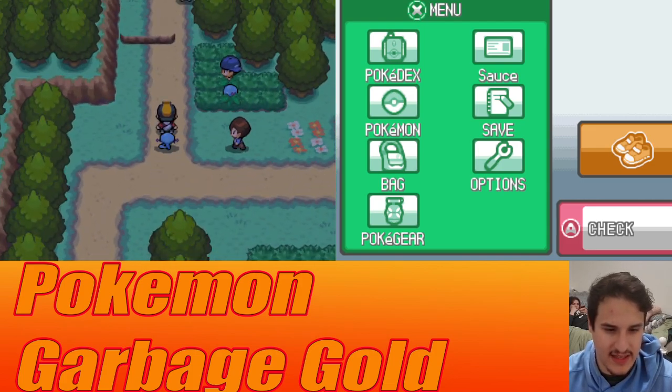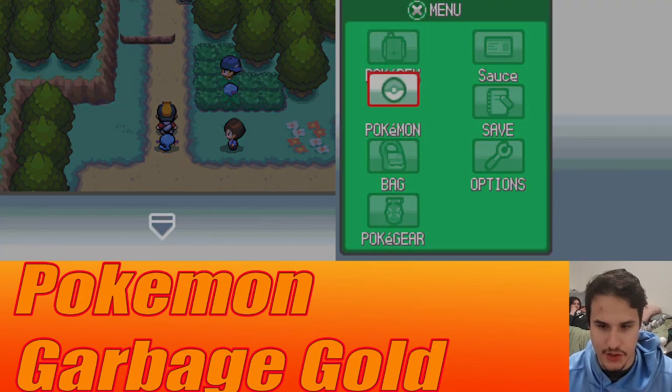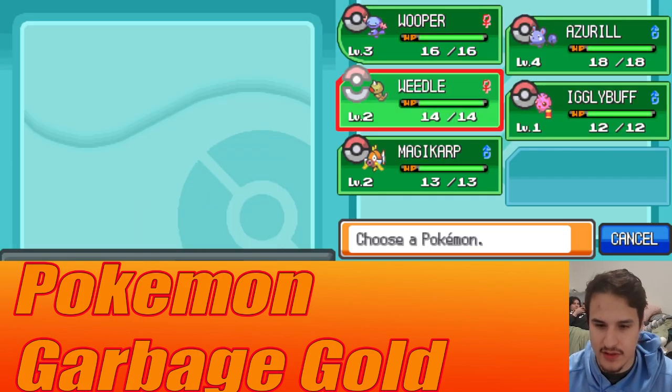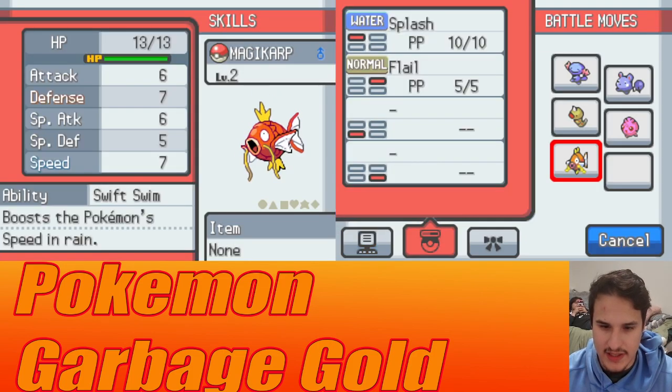And you'll notice this guy has a Wooper, so this is a double battle. Like I've said before, if there's another Pokemon that's double battle, and that shows what their lead is going to be, or at least one of them. So Magikarp right now is probably one of our stronger